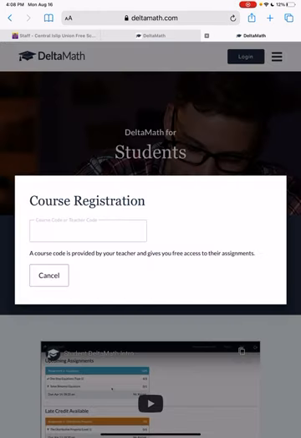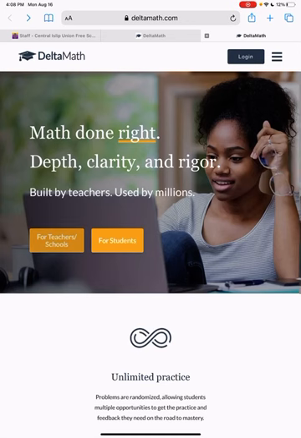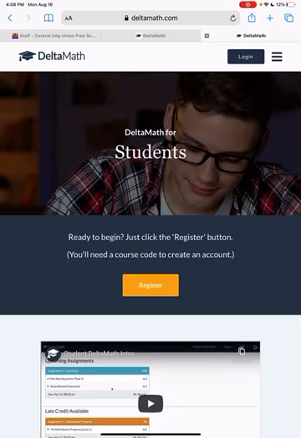So if you go to deltamath.com, it's going to look like this, the main page of deltamath.com, and you're going to click for students. Even if you were in a class last year using Delta Math, you're going to have to sign up and make sure you're in the new class. You probably won't have to make a new account. You can use that same email that you did last year, but you're going to have to put yourself into